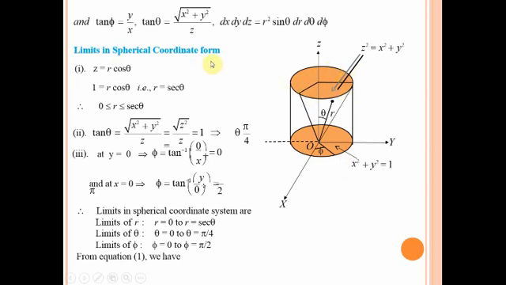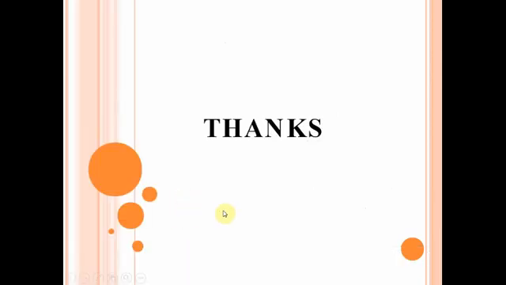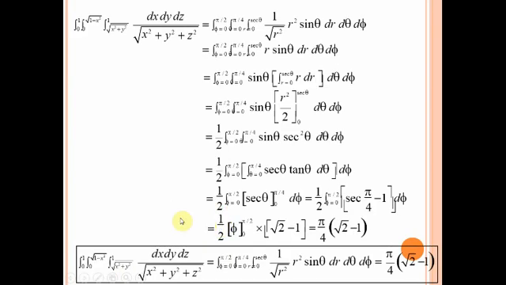So the limits in spherical coordinates are given. We put all these limits and solve this integration step by step. The value will be pi by 4 times a square root expression. You have to know how to solve the integration: if you solve it part by part, one by one, the value will be elaborated and you will get the solution. So this way we can say that spherical and cylindrical space can be visualized.